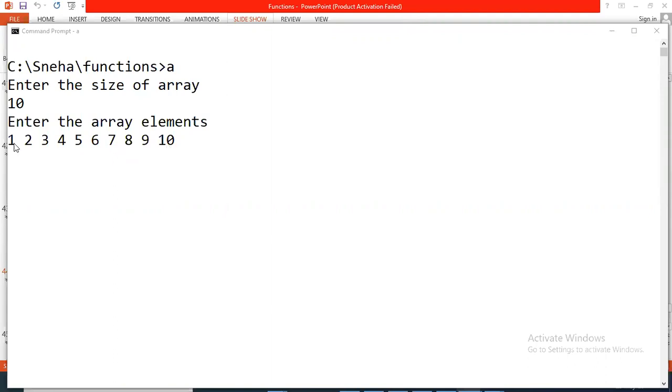So what is remaining in the array? Now what happens to the array elements? It will become 1, 2, 3, then 0, 5, 0, 7, 0, 0, 0. Only prime numbers will remain. All other numbers become 0. Now we have to print only the prime numbers, which are non-zero. So we will get the output 1, 2, 3, 5, 7. These are the 5 prime numbers among the 10 array values we entered. Is this clear?